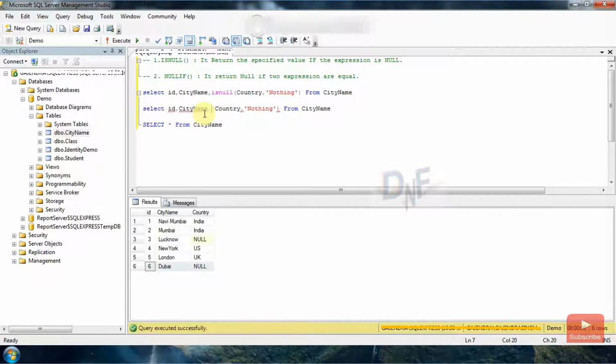I just copy it, put it in a separate query, and I apply NULLIF: if the country column value is equal to India, then it returns the null value. I'm just going to execute the same statement. You can see